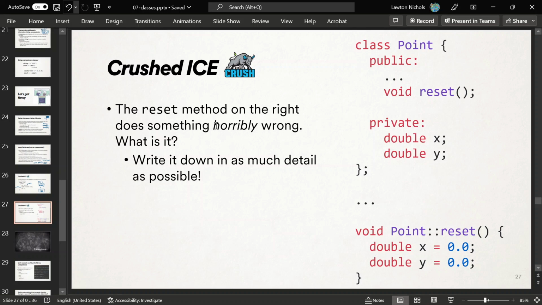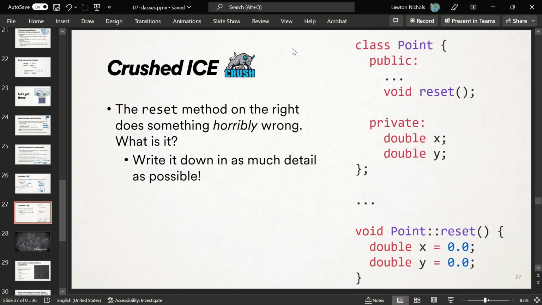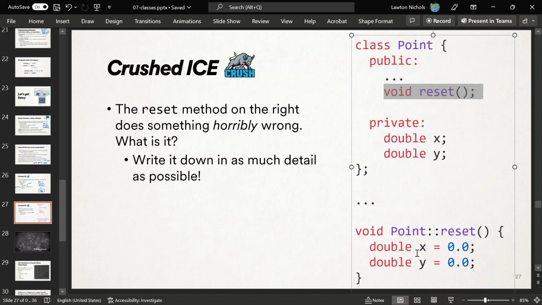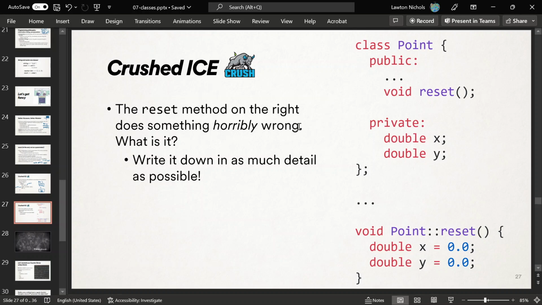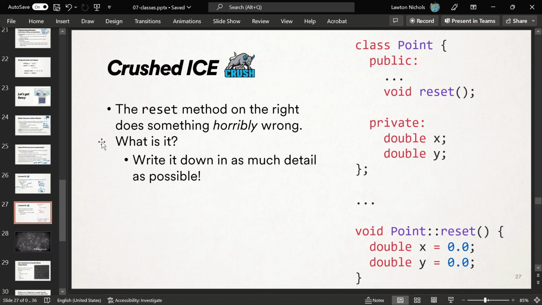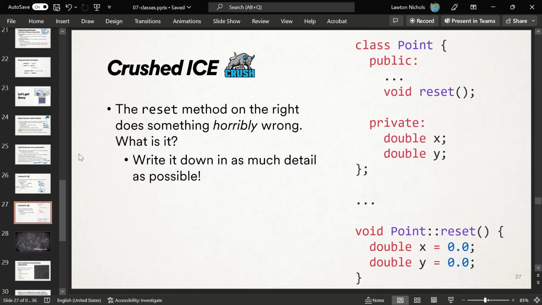But let's say we took everything we had, right? We have our point class, we take it all, and we add one more method called reset. It can't be const because it's going to change the object. And the method is supposed to reset the entire point object to hold zeros for x and y, okay? Something is horribly wrong right now with this reset method. See if you can figure out what it is. You don't have to write it down anywhere that is public, but among your group, see if you can